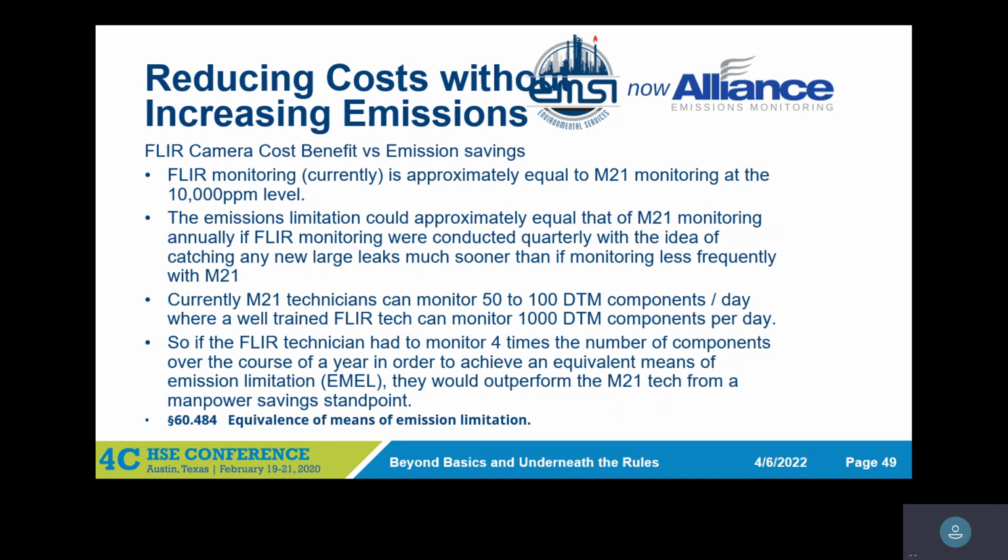Yeah, they are great for finding that leak that's not able to be found. And just a real world example, it happened for the second time a couple months ago. I had a facility that had an odor complaint, right? And they also had some of their area alarms that would occasionally pick up LDLs or something in the area. Nobody could find where it was coming from. They sent people out there with TVAs, tried to track it down, couldn't find it. I went out there with the flare camera, saw a small plume, and come to find out,